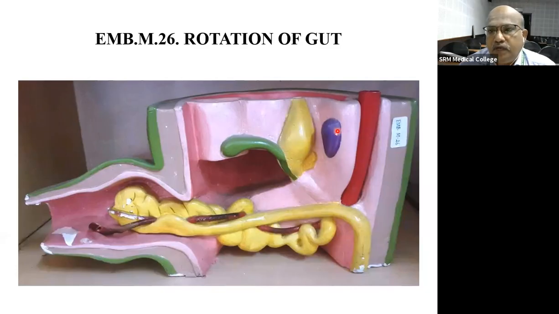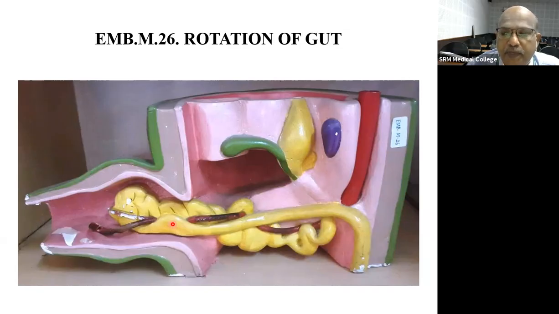Okay, so in this model, what you have to identify is the rotation of gut. Rotation of gut means midgut. So you should be able to identify that artery. That artery is the superior mesenteric artery. Now this is the cranial limb that undergoes coiling to form mainly jejunum and ileum. So this is the caudal limb. In the caudal limb, you will have formation of the cecal diverticulum or cecal bud that gives rise to